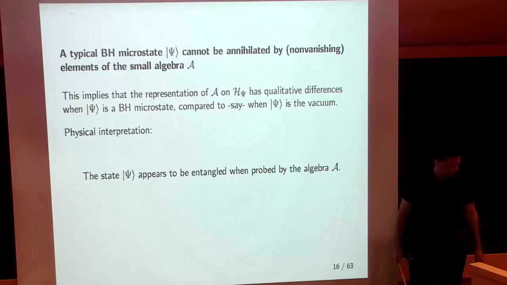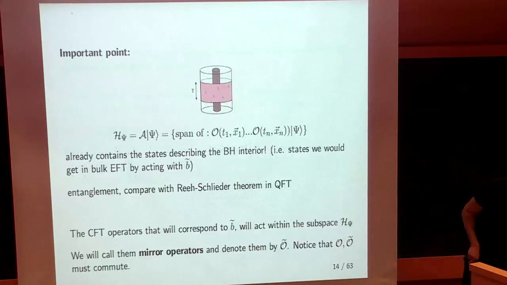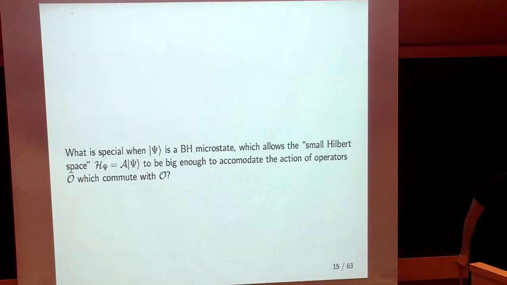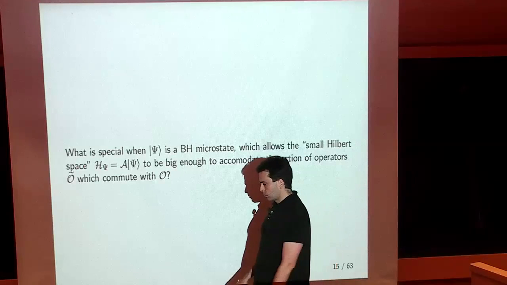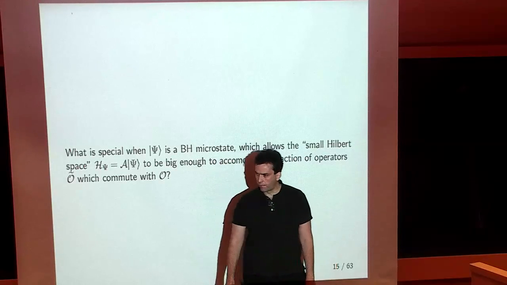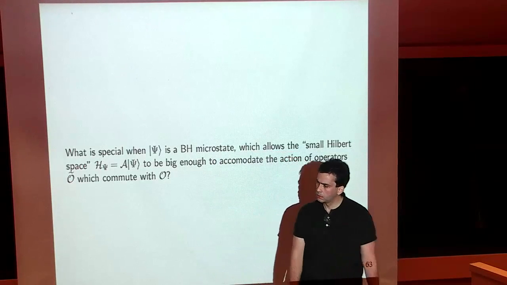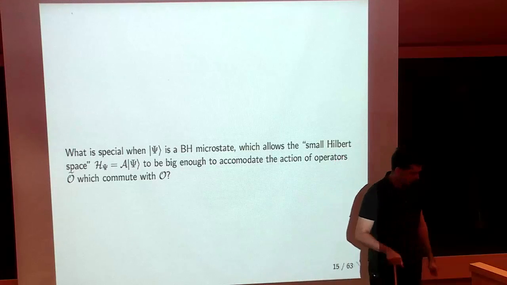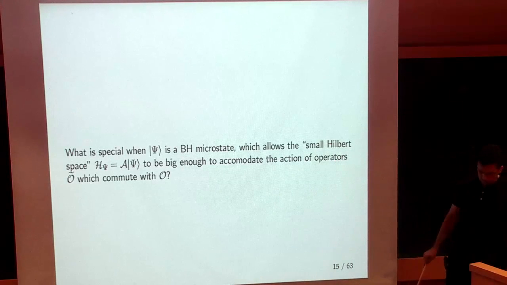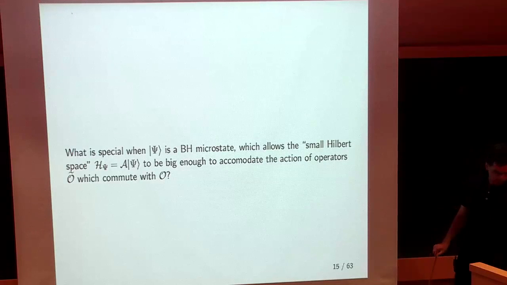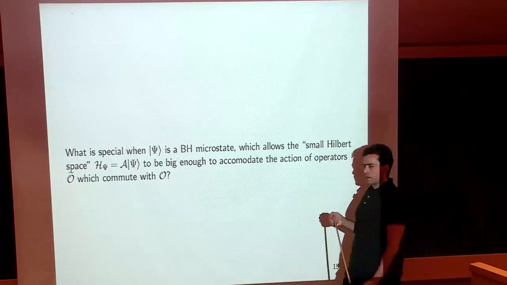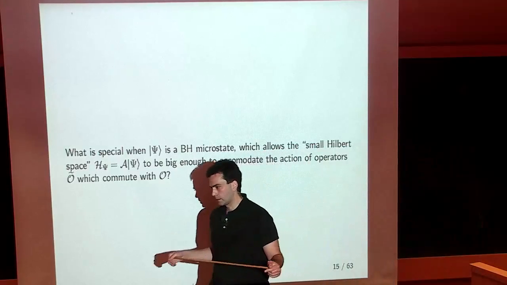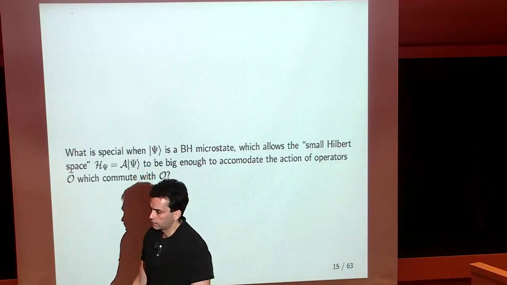Yes? Sorry, I had a question about the previous thing. You said if we expand around the CFT vacuum, then there's no operators that commute with all local operators, or with all low-dimension local operators. But probably at leading order in 1 over N, there are such things, right? Like the things that Joe and Vlad and Eric had in their model, right? Those were examples of operators that... Those are non-local, though, right? That's a bulk annihilation operator, but that's not what he means. Effectively a large conformal dimension, right? At least, I think it will scale like lambda. The statement was there's no O tilde.